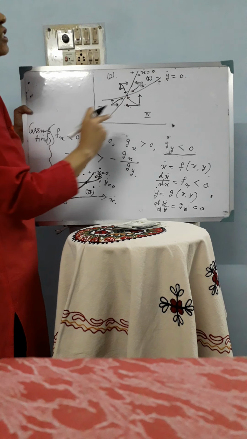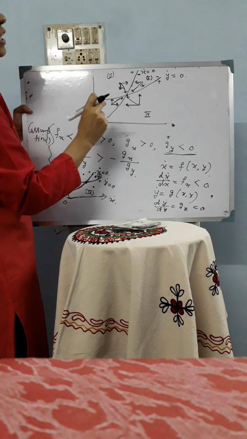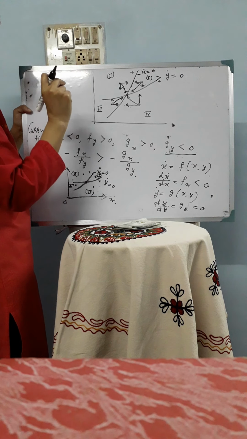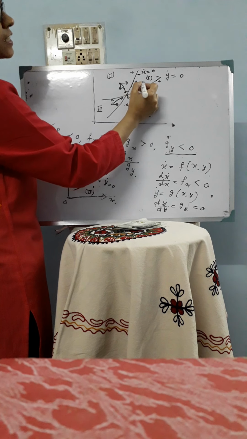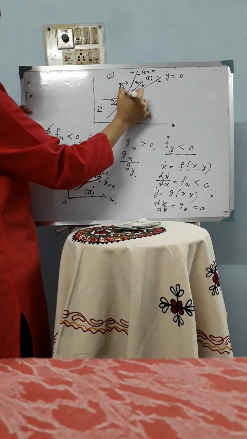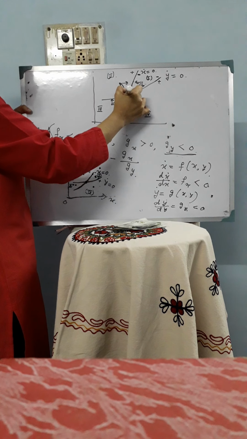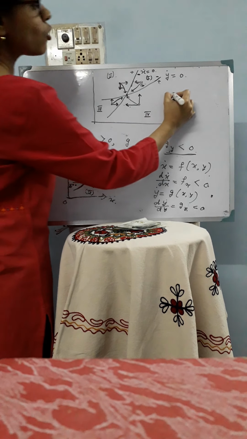So in all these 4 regions, what we observe is that the time path is stable, has dynamic stability, and in all these 4 cases, the resultant time path is tending towards the equilibrium. So we will have the equilibrium here, dynamic stability here. So this is called the phase diagram.